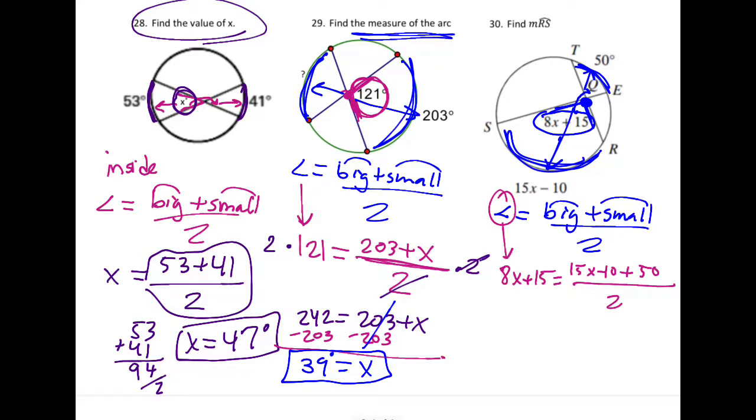So if you wanted to now, you can go ahead and multiply by 2 on each side. There's a few different ways to do this one from the jump. But remember, when you multiply by 2, you're distributing the 2 to both things on the left because there's more than one term over there. On the right, those are going to cross out because they're inverse operations. So now when you distribute, you have 2 times 8x, which is 16x, 2 times 15, which is positive 30,